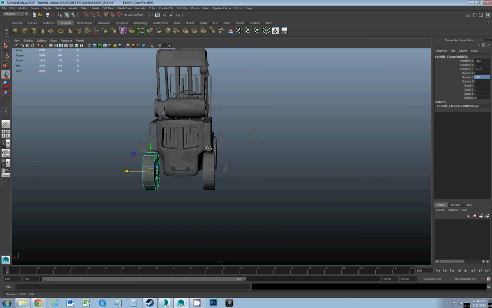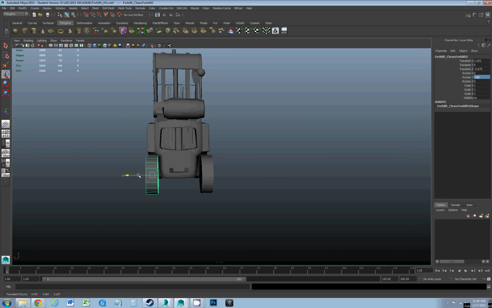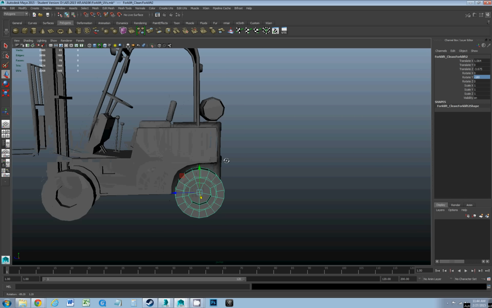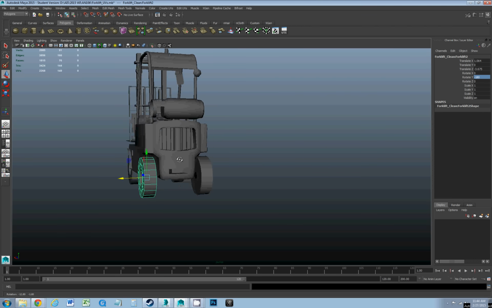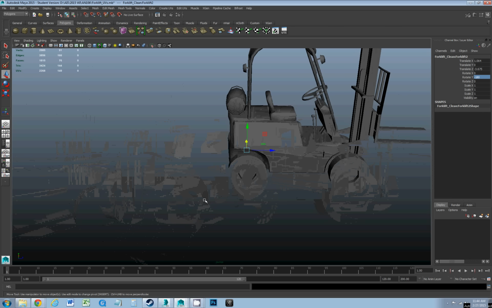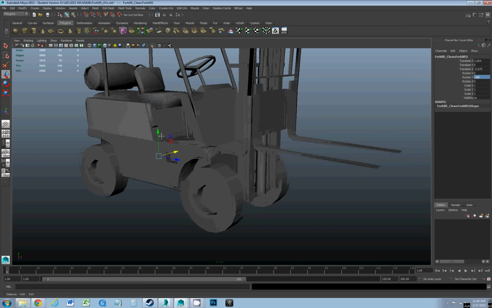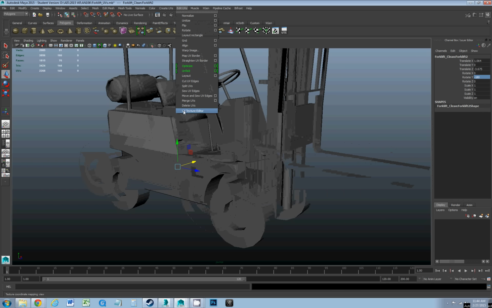Scoot that into place, and I'm just kind of eyeballing it because this is a low poly game model and it doesn't have to be precise engineering. And then I'll get that third one, but the point I'm trying to make is if we go back to the texture editor,